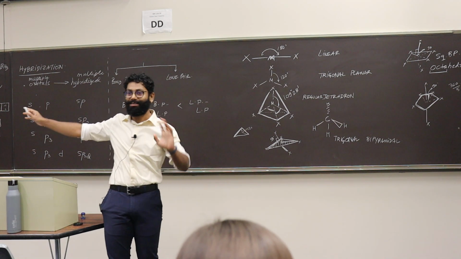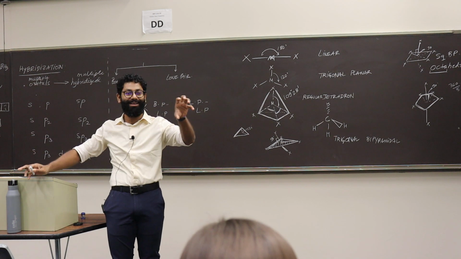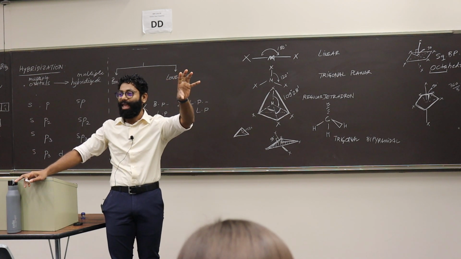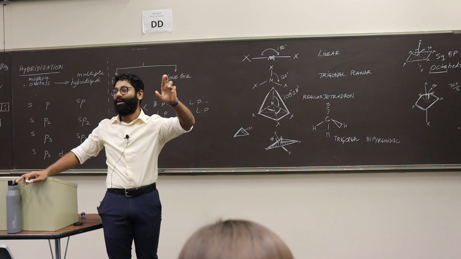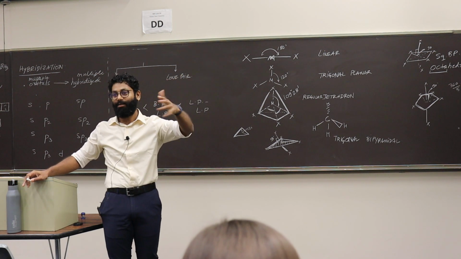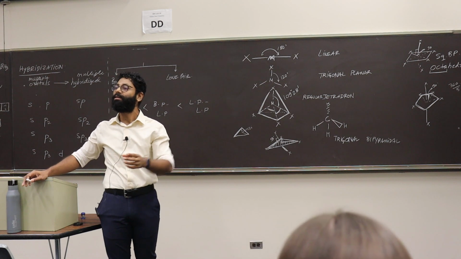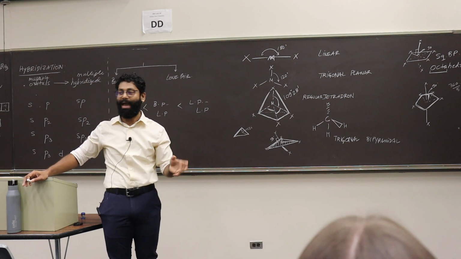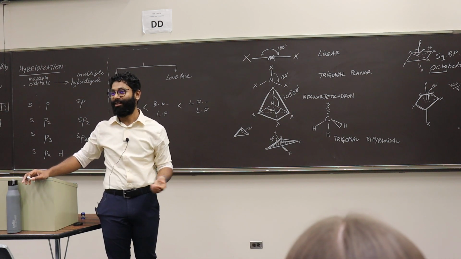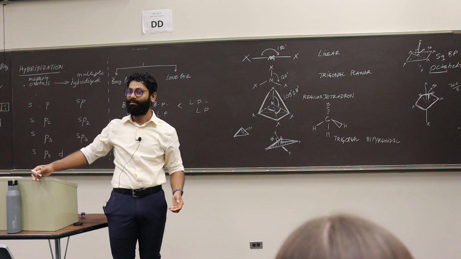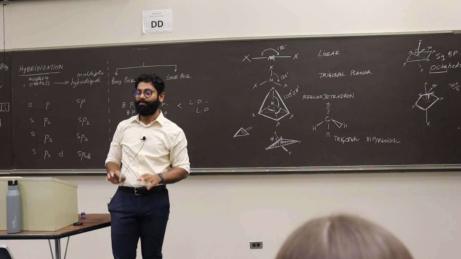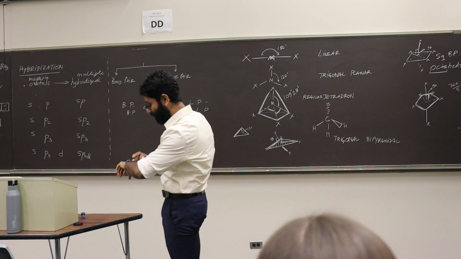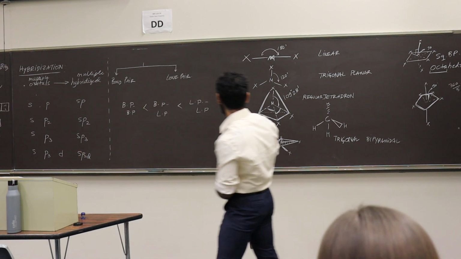Clearly XeOF4 is an extended octet, because xenon has already a filled octet. So there's no reason for it to bond, but it does because it has the capabilities. It has a mansion, if you think about it. There's so much space. Okay? If we can understand that, then it really becomes easy now to predict.